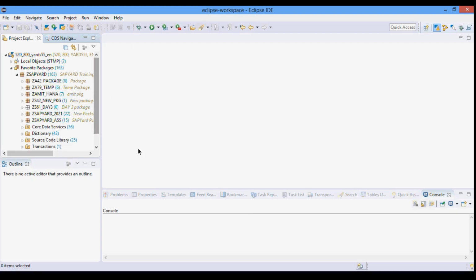We would require ADT, our ABAP Development Tools, because from the SAP GUI workbench it is read-only. So if you want to create or edit it, you have to come to ADT, that is ABAP Development Tools, in your HANA Studio or Eclipse. How are they created? ABAP managed database procedures are created as methods of ABAP classes. But in contrast to normal methods, they are not implemented with ABAP source code.